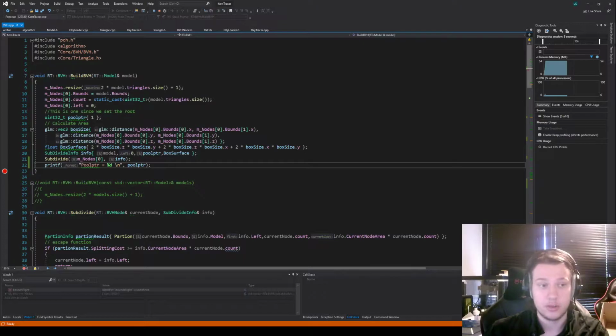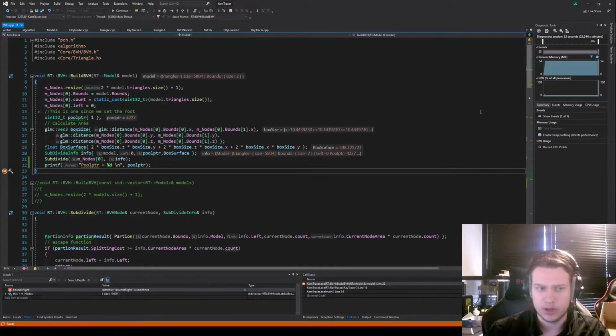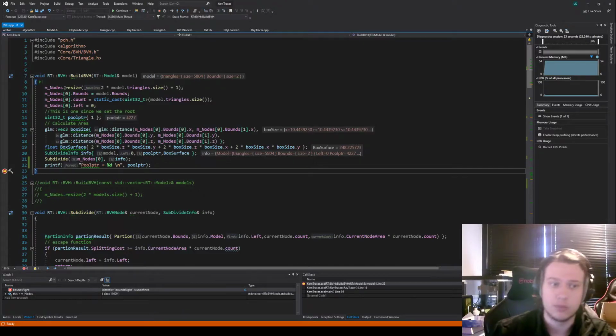I'm kind of curious how many indexes we're actually checking, because I could simply be reading garbage data and it's actually correct, right? The pool is set up so it has enough memory for the worst case scenario, assuming a massive tree with one object in each. But we don't necessarily need that because they can terminate earlier. Right, so the actual pool pointer here now is